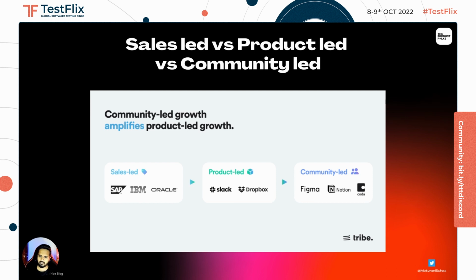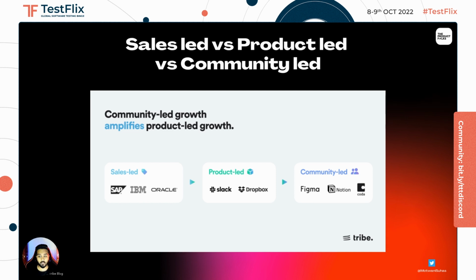But over the last decade, what we have seen is an explosion in the product led strategy, or PLG, like it's usually called. This is driven by how easy it is now for SaaS companies to distribute software online, right? Think of your Slack, think of your Dropbox. They've done a fantastic job at this. And founders knew that if they created products that users preferred, they could compete with established brands. That is something that they already knew.